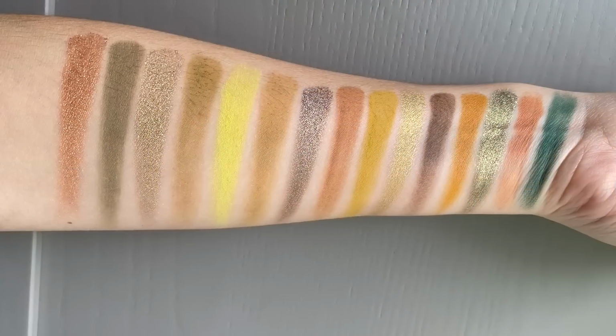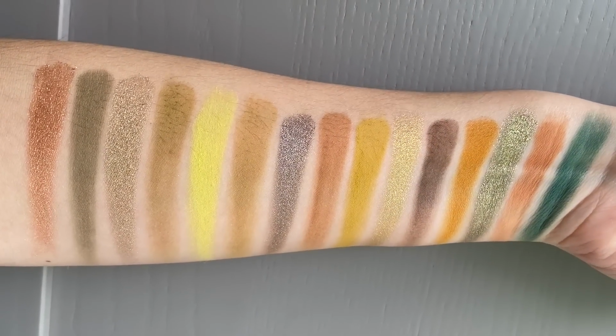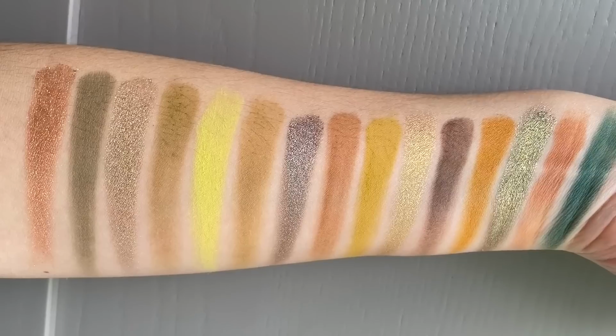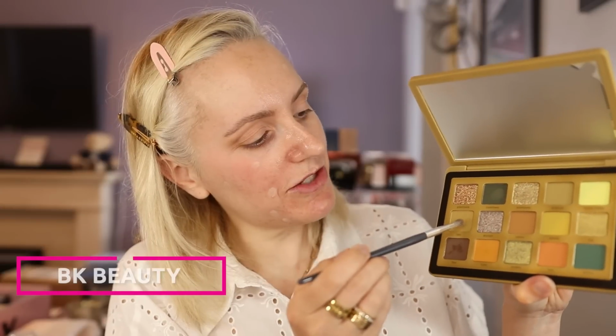15 different shades, 5 are more metallic shimmers, and there are 10 mattes in this palette. 10. Which is always music to my ears. So I'm going to be quite boring and dip into this shade here. I say quite boring because I tend to do my eye makeup the same in every single video now. Sometimes different colours, but I do like the winged, more lifted look on the outer edge. So I'm going to take that colour, which is